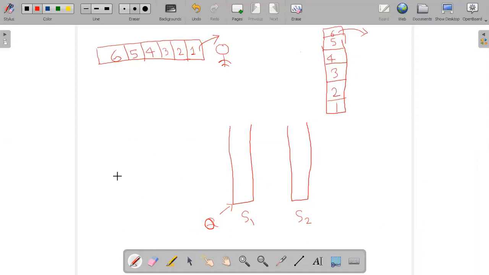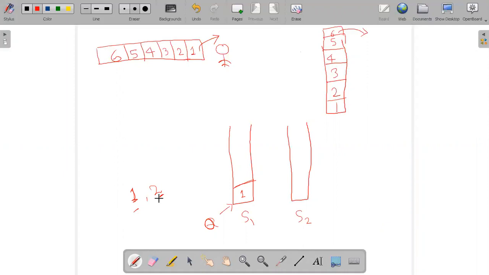Suppose some element came, let's say 1 came. So what I can do, I'll push it into S1. Okay, I pushed it. Now, if 2 came, then we need some mechanism so that 1 is always on the top and 2 is at the bottom.